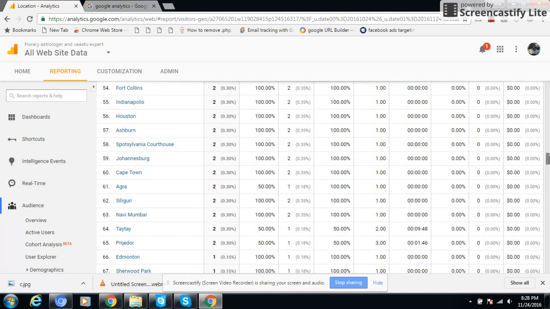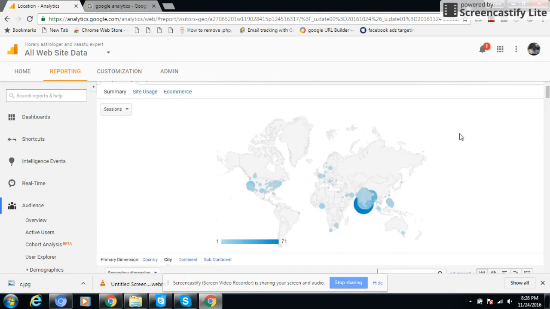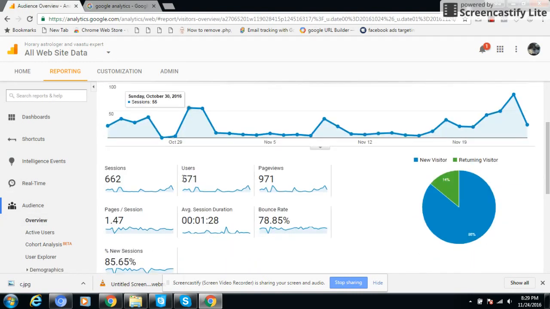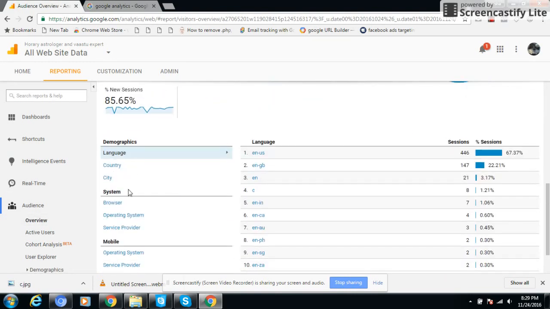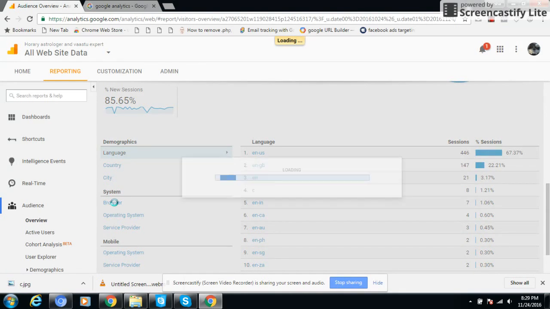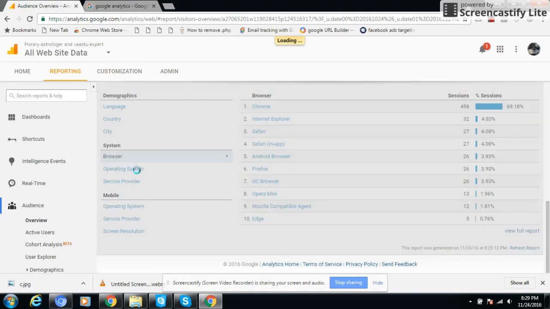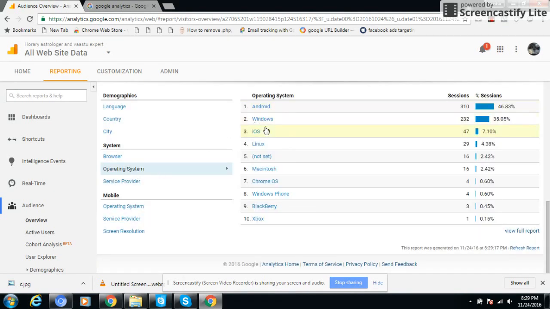Okay, and let me show you overview. The city, the browser they use, which browser they use, Chrome, Internet Explorer, Safari, the data, the operating system they use, Android, Windows, iOS.